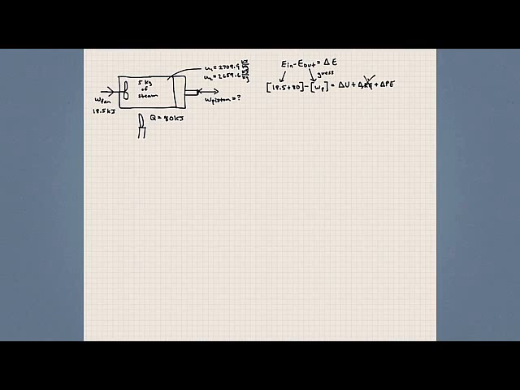Potential energy, we don't see any changes in elevation acting in our system, so we can neglect our potential energy. So we'll only consider internal energies for this problem. So let's go ahead and add some of these terms. So this is 98.5